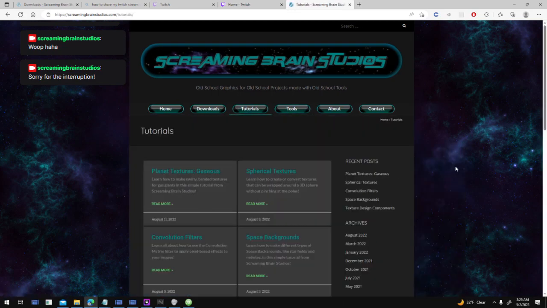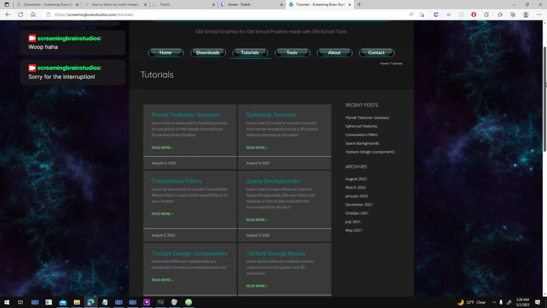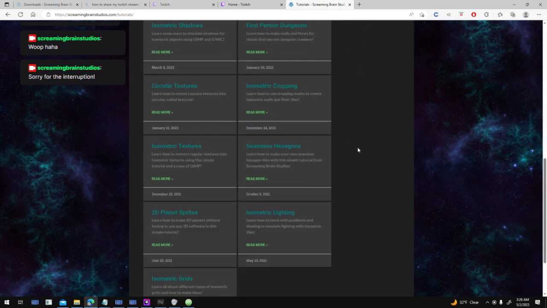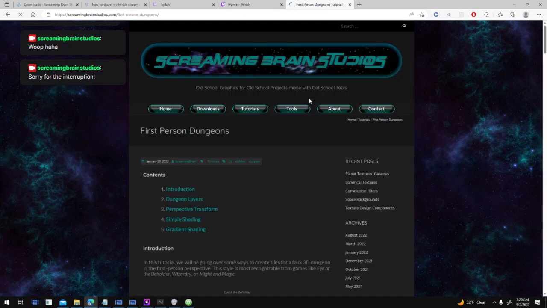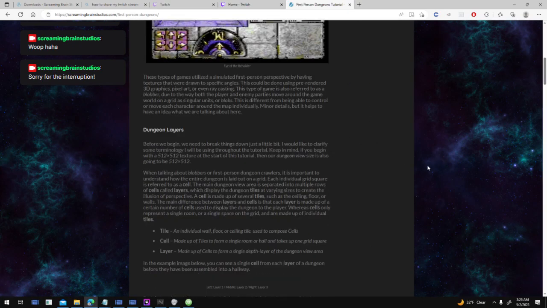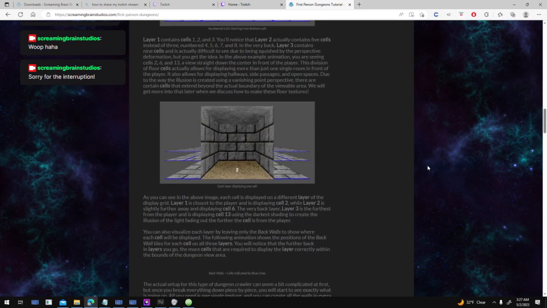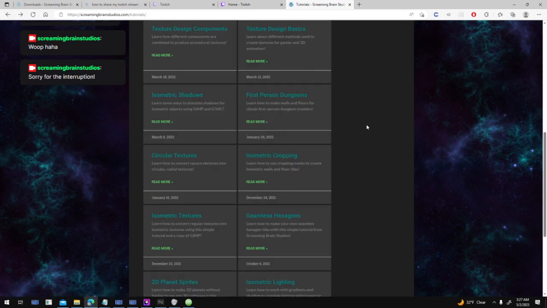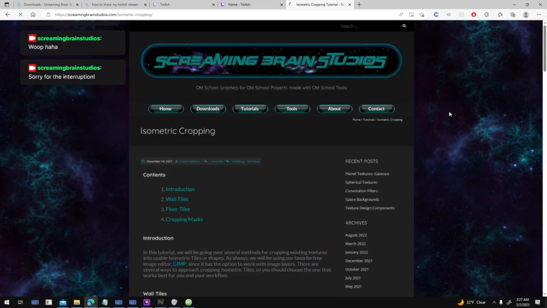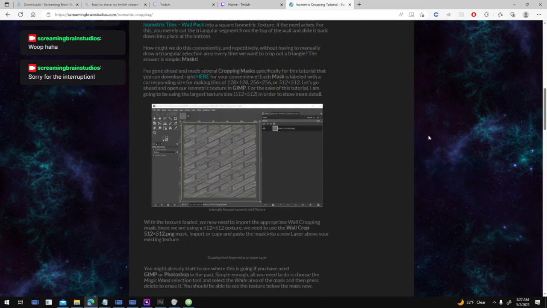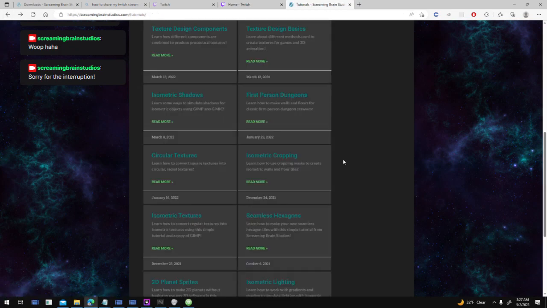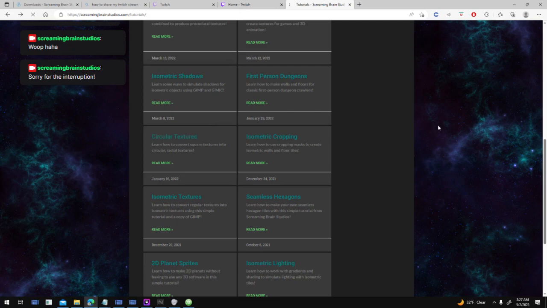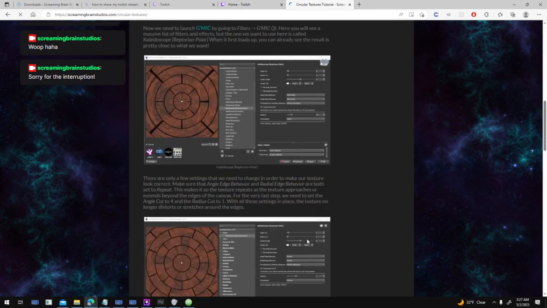There's a bunch of tutorials you can go to for doing all kinds of various things, old school style. Like there's some stuff on making first-person dungeons, graphics for the old style grid-based dungeon crawlers. There's stuff on working with isometric tiles, textures, cropping. There's a couple other ones in here, very specific, some super simple things like making textures circular,